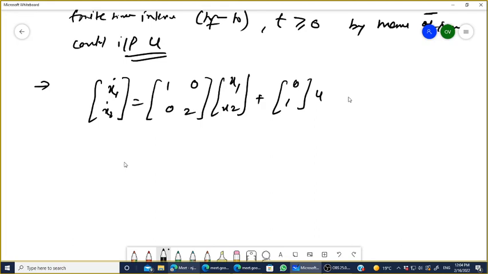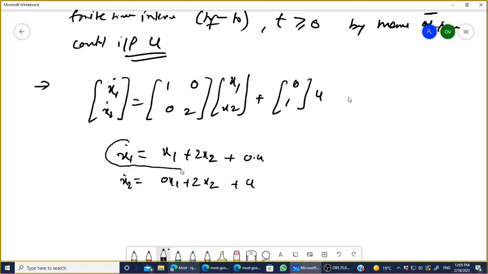Yes, sir. Okay. x1 dot is equal to x1 plus 2x2 plus 0u. Yes or no? Okay. x2 dot is equal to 0 x1 plus 2x2 plus u. प्लीज टेल मी, ये जो x1 डॉट है, ये x1 और x2 स्टेट को, सॉरी